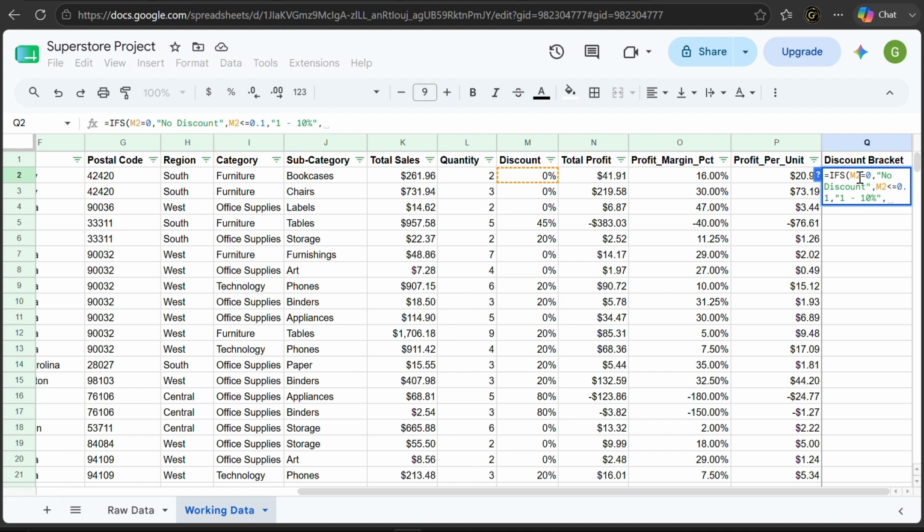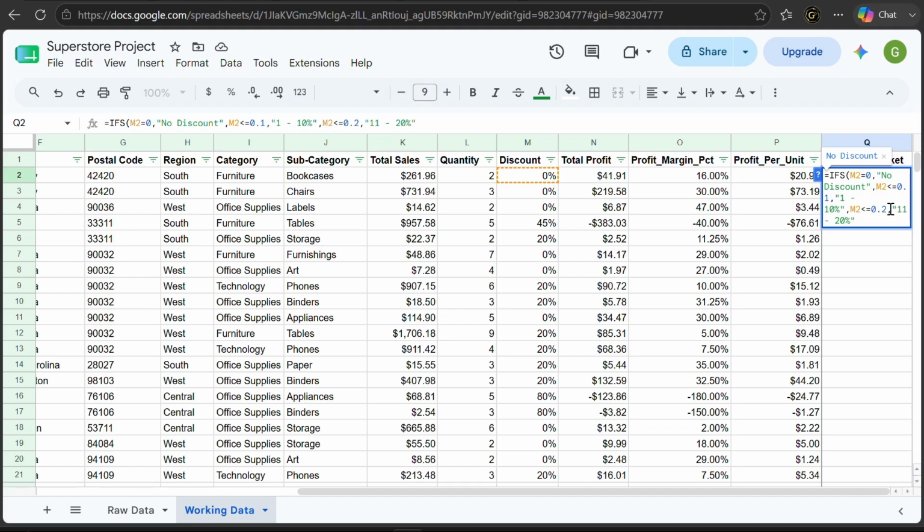Then I want to also say that if M2 is, let's say, less than or equal to 0.2, by all these I'm basically meaning that 0.2 simply means 20%, right? I know we've already formatted this particular column into percentage, but it will still read here as normal. So 0.2, I want it to read for me as 11 to 20%,